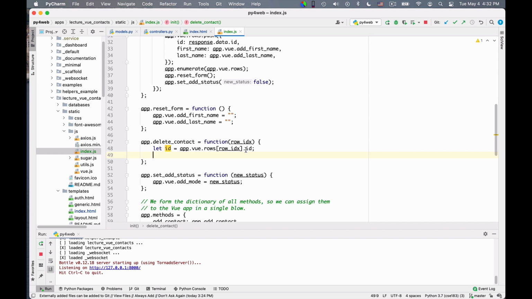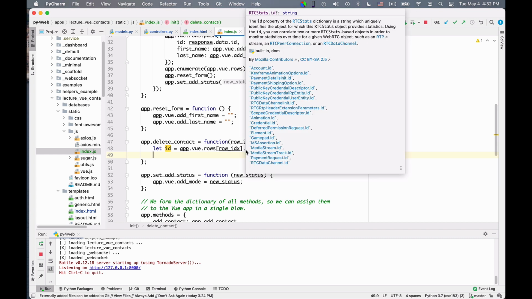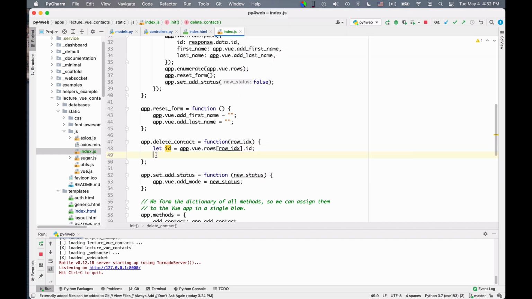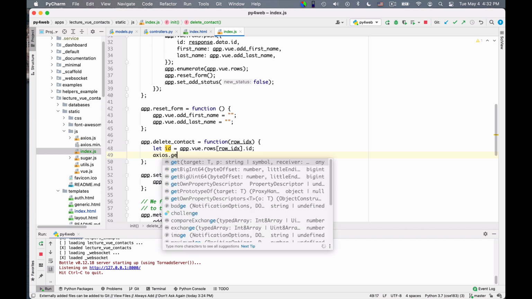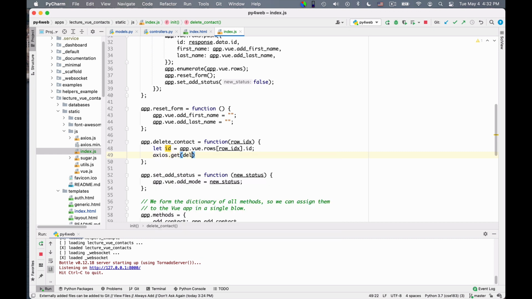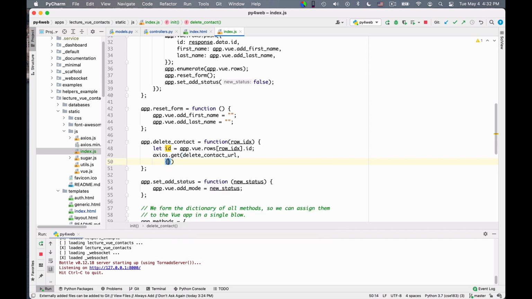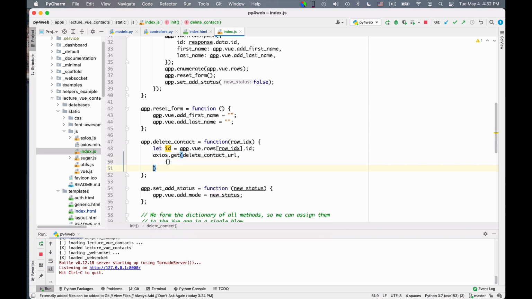So we get the database ID, and then we want to do another server call. Let's do it via get, just for a change. And so we do axios.get. So this is a get call to a delete contact URL. And again, I can pass a dictionary. The only difference is that in a post, the dictionary is encoded via JSON, and in a get, the dictionary is simply encoded via URL parameters.